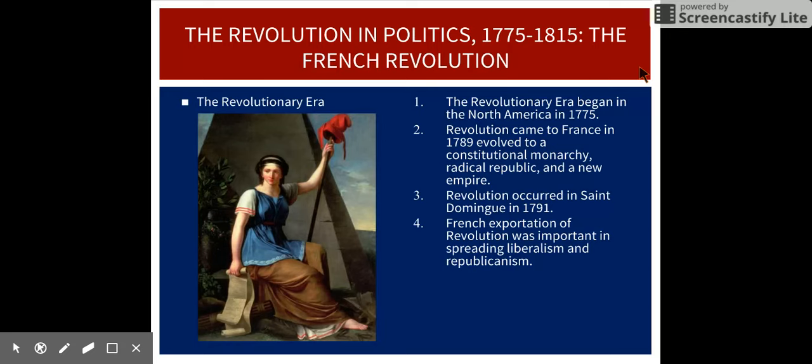So when we look at this revolution that came to France in 1789, it's going to go through several phases. It's going to go through a constitutional monarchy phase of the revolution, oftentimes referred to as the liberal phase. It's going to go through a radical phase led by the Jacobins, and then end with Napoleon and his new empire. As we go through this, I want us to think about the ideals of the Enlightenment being a great inspiration in these revolutions, and then in France in particular, whether the French Revolution was a success or not. That's going to be one of our themes and one of our growing debates as we get to the end